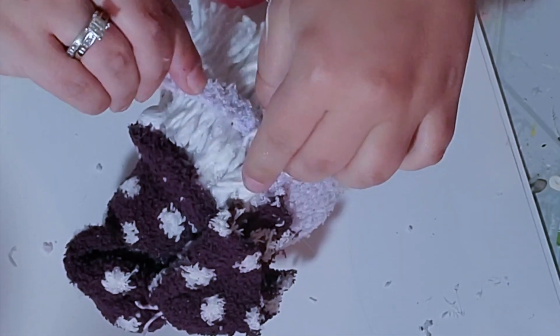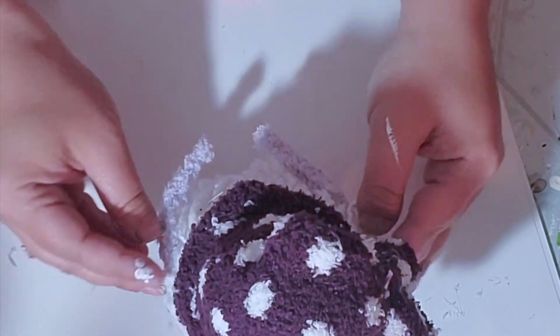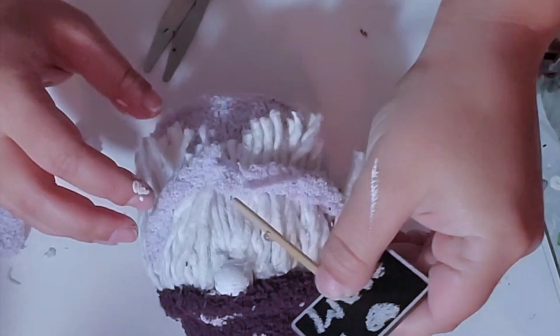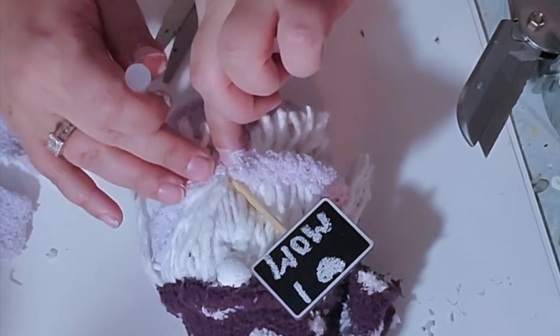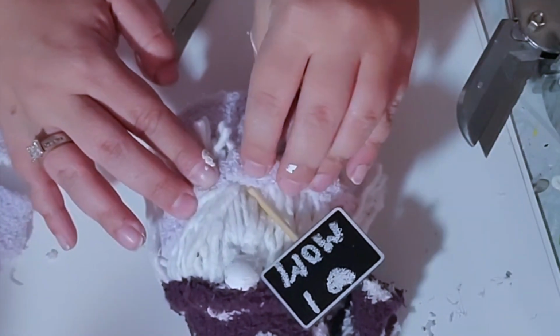Next, I took some hot glue and I hot glued my sign in the front of my gnome underneath his little hands. Now, I did cut off the bottom of that stick because it was kind of pointy and I made it just a little bit shorter, but I just made sure to hot glue his hands down on top of the sign. Now, I'm so sorry I lost footage to this last part,